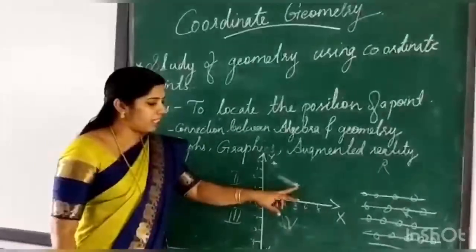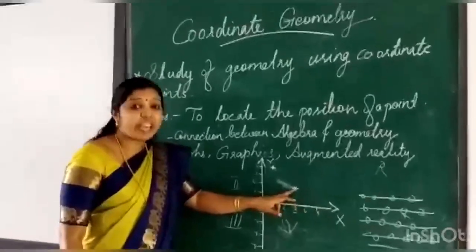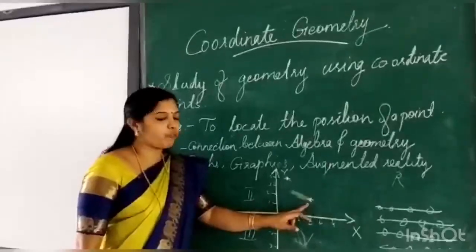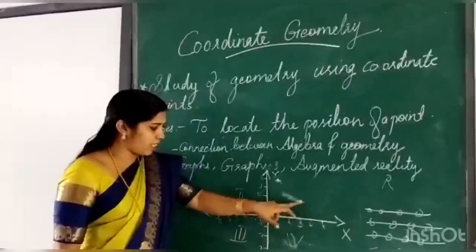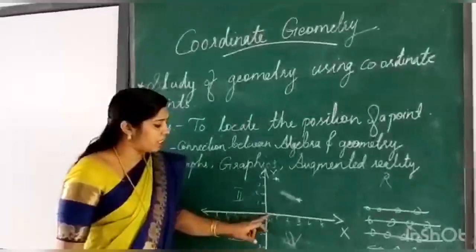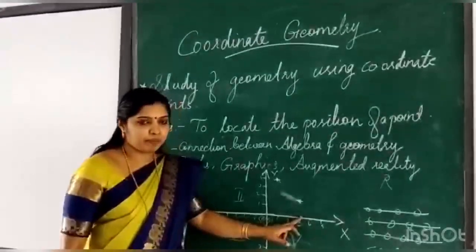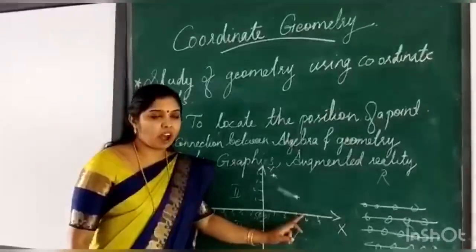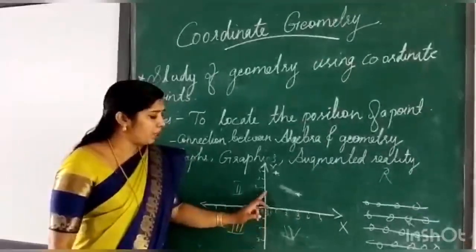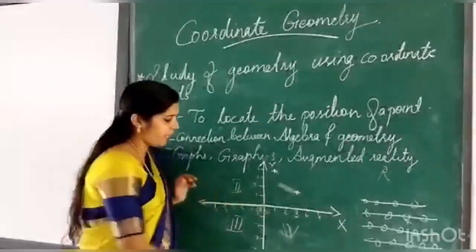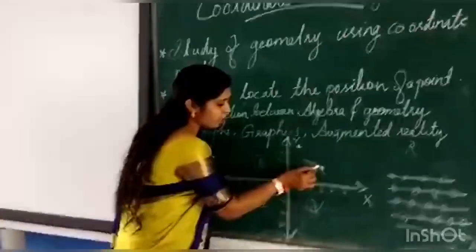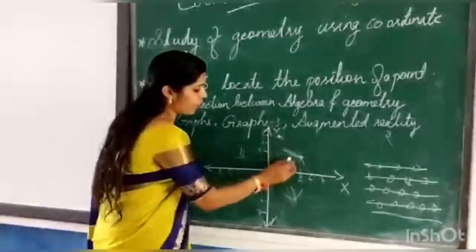Like that we are going to give an address to this point, where it lies, or we are going to explain the position of this point. Let us take the first point as this one. You can see that from this 0, 0, or from this origin, it has moved 3 units to the right. It has moved 3 units along the x-axis, and it has moved 2 units in the upward direction, isn't it? Like this, 2 units, and like this it has moved 3 units. Here 3 units.